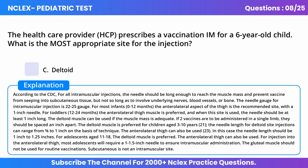According to the CDC, for all intramuscular injections, the needle should be long enough to reach the muscle mass and prevent vaccine from seeping into subcutaneous tissue, but not so long as to involve underlying nerves, blood vessels, or bone. The needle gauge for intramuscular injection is 22 to 25 gauge. For most infants, 0 to 12 months, the anterolateral aspect of the thigh is the recommended site, with a 1-inch needle. For toddlers, 12 to 24 months, the anterolateral thigh muscle is